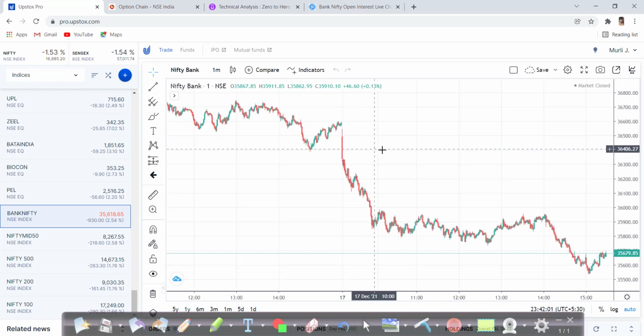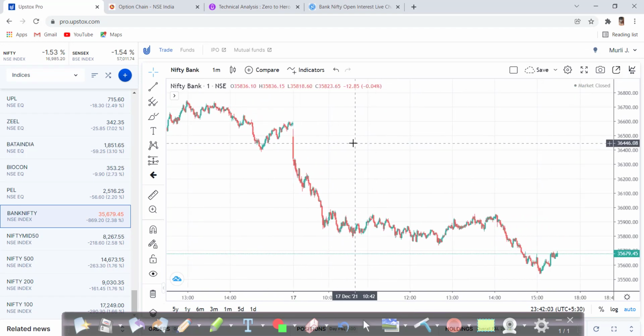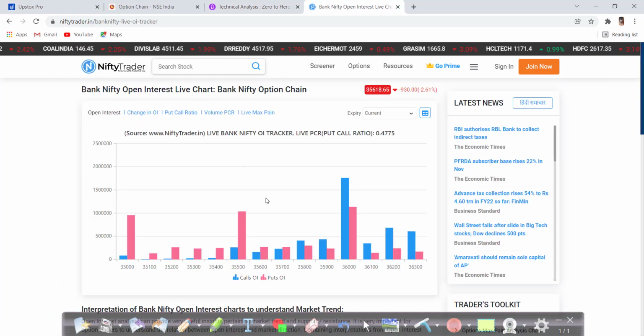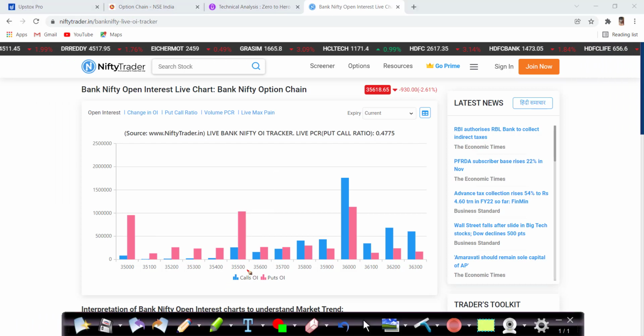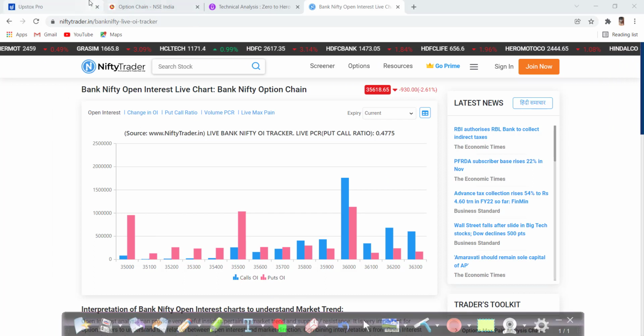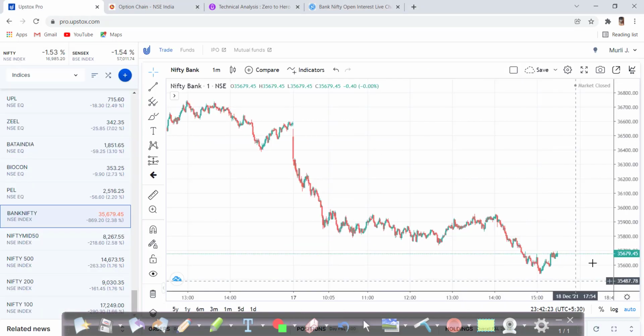Okay, there is one strategy. Now how to make an entry? Now you know how to read open interest data in layman terms, and it's easier. You can try by yourself, then you will be clear. Don't think about call writers and put writers, nothing like that. Simple way. The market is moving towards 35,000.